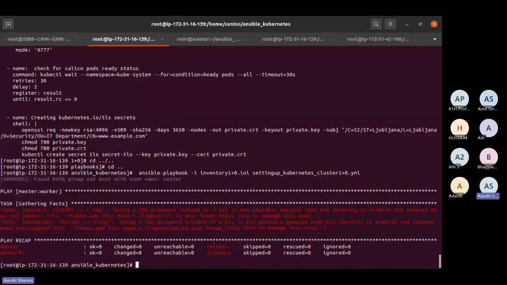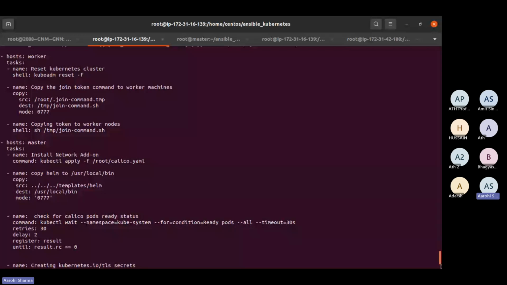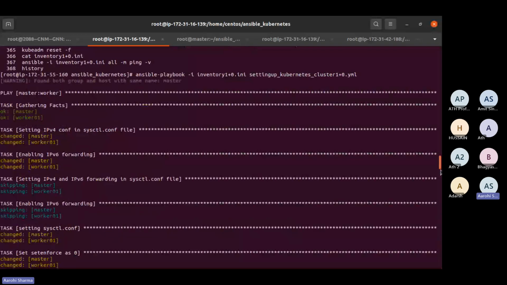Right now, why is it not SSHing? Because we are using the same thing, but the master has failed because we are using the SSH password. I'll tell you how we do that and what the output is. In this manner, this is the output. Right now it's not working due to some error, so we will give you the doc, and over there I'll share each command.